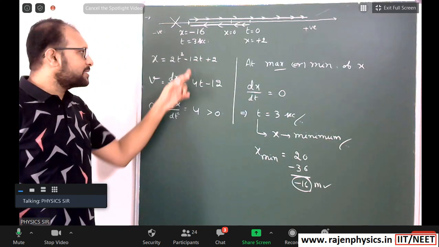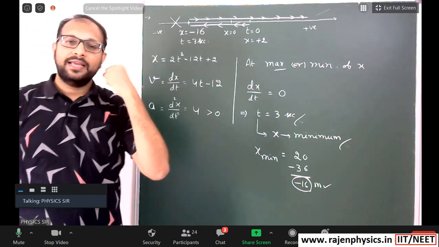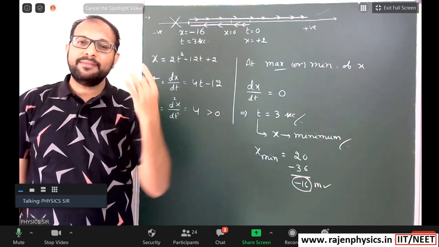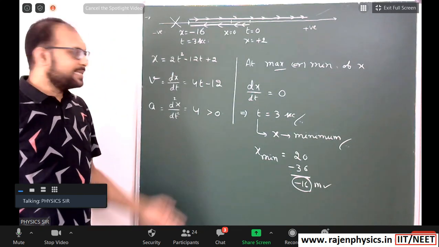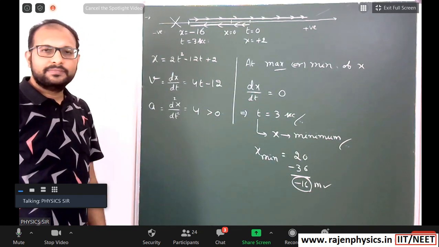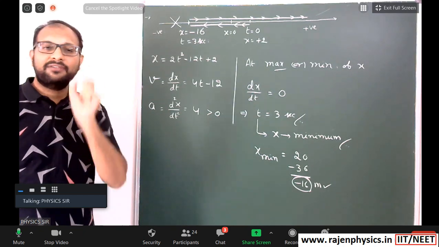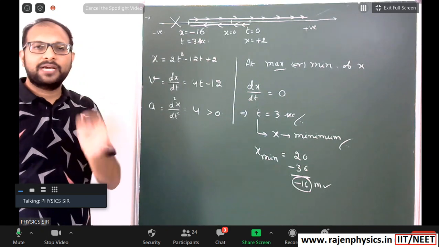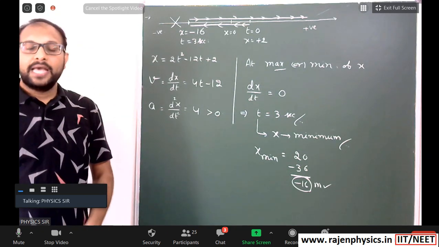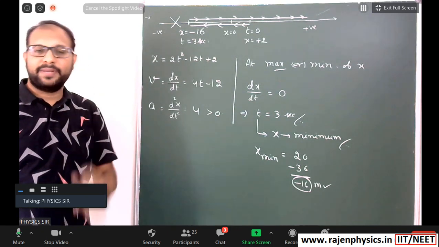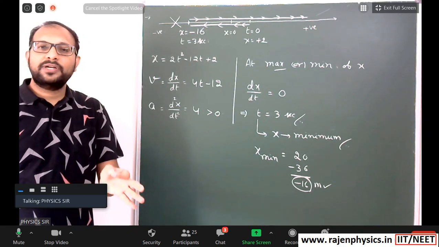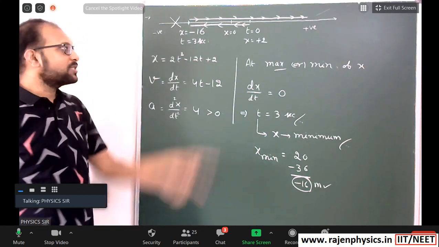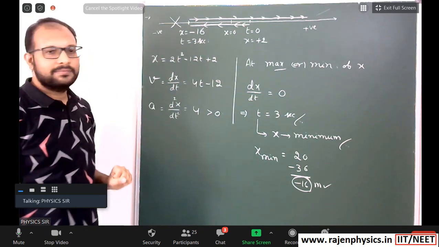Then by using these t values, you can find the position, velocity and acceleration at any time. Now suppose some interval is given. Suppose t equal to 0 to t equal to 2 seconds, you can find the distance and the displacement. Suppose t equal to 0 to t equal to 5 seconds, the distance and the displacement, because we know the complete path.